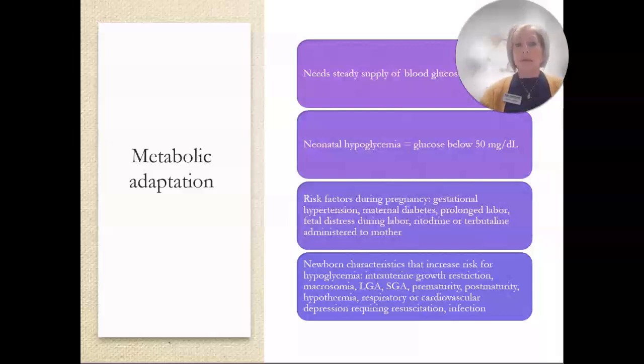Macrosomia, those are our diabetic moms. The babies are large. So we might have a large for gestational age or a small for gestational age. If the baby's premature, post-mature, respiratory or cardiac depression during resuscitation, infection, any of those things is going to increase that metabolic demand on those babies. And when that metabolic demand is increased,